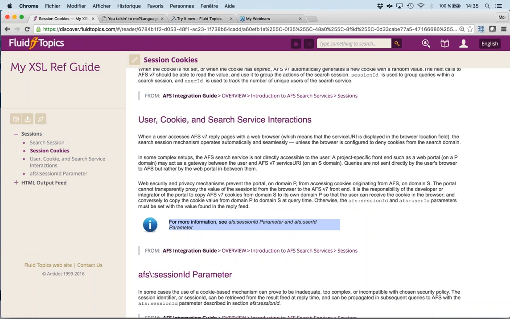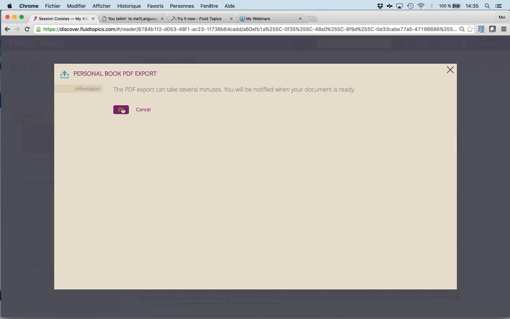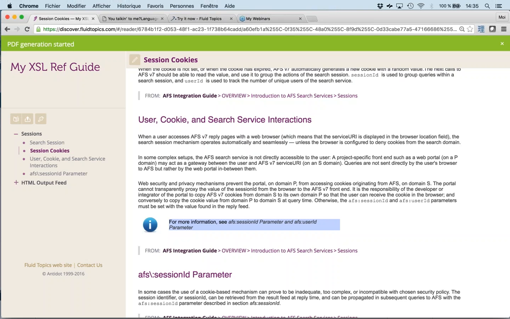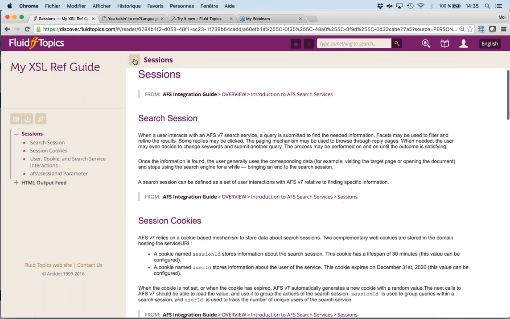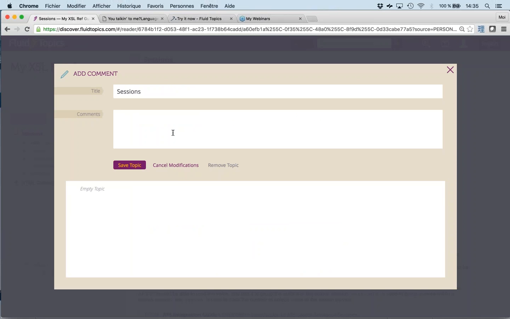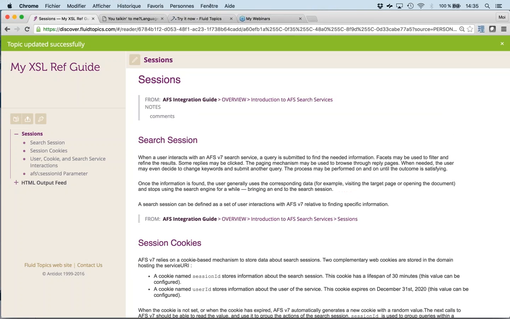And as I mentioned, what we have added is the new export capabilities, like the export as PDF. So if I click there, I can start PDF generation. It's generated in the background, so I can continue to navigate. For example, I can add comments on my topic. Save, so there in the book.